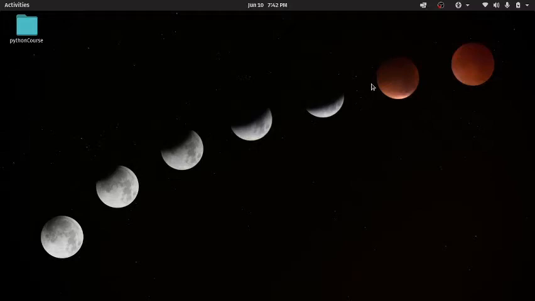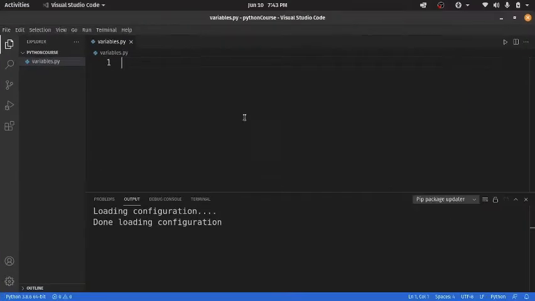Variables are names given to data which we need to store and manipulate in our programs. Suppose your program needs to store the age of a user. To do that, we can name this data user age and define the variable user age. Let's see how we will do this.